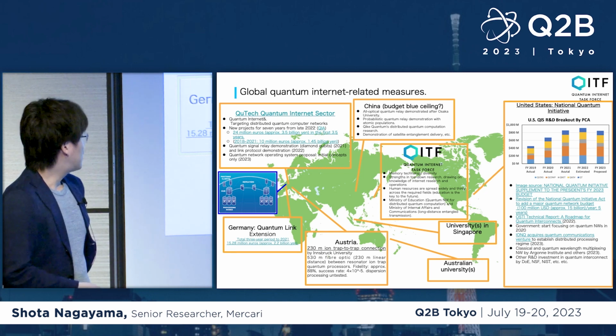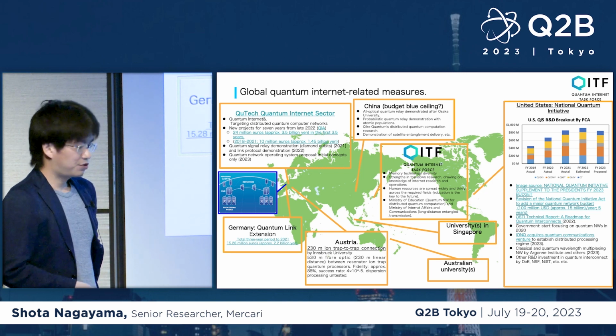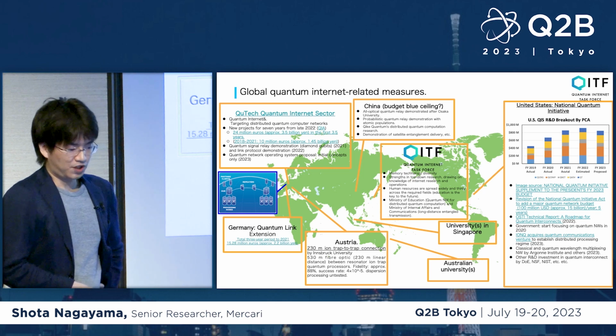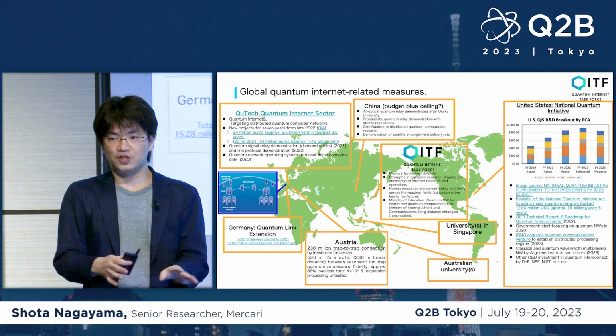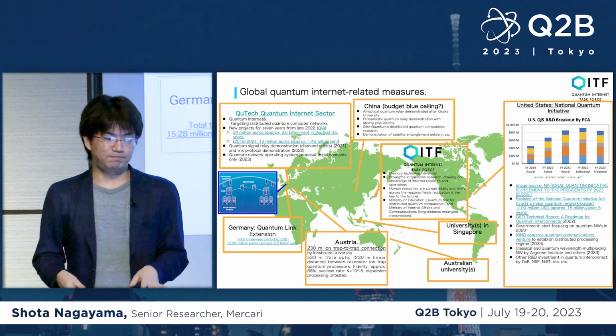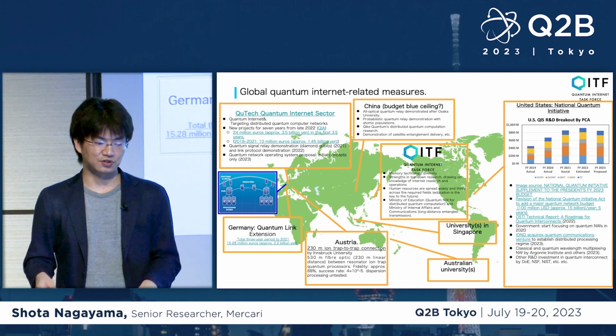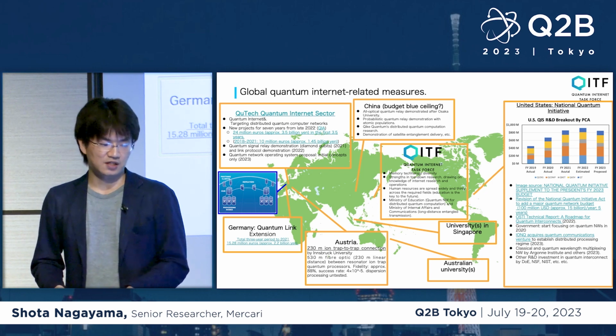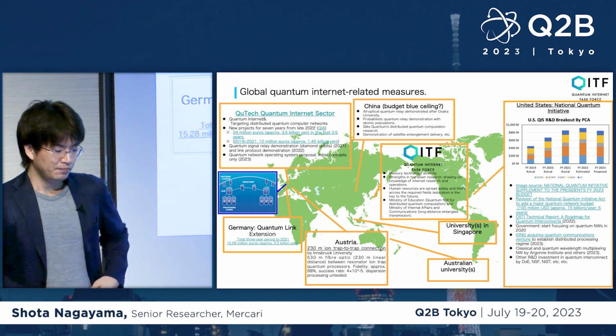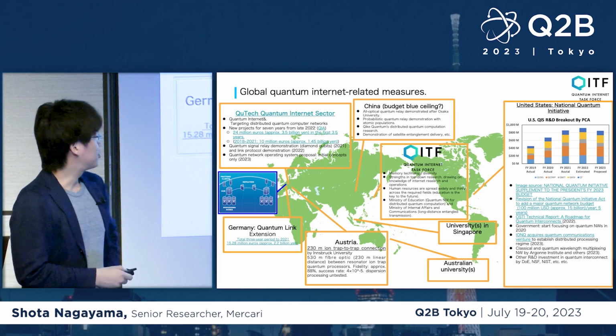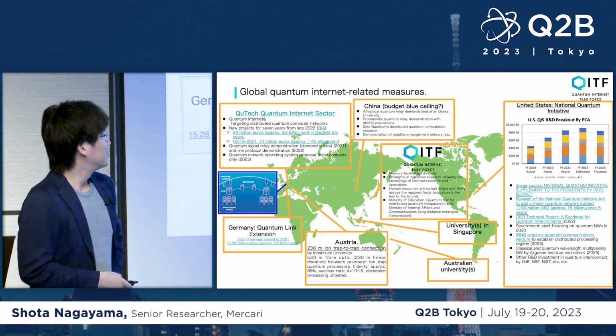About $100 million worth of budget, including long distance quantum connection as well. In Japan, in terms of projects, we have national projects, the Moonshot project, to connect quantum computers to create a distributed quantum network. So a quantum internet related project has started. I'm involved in that as well. And QITF,